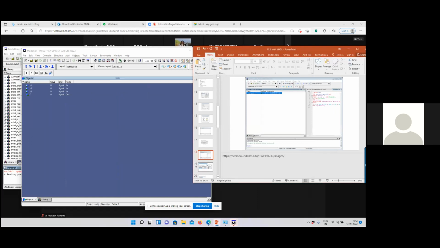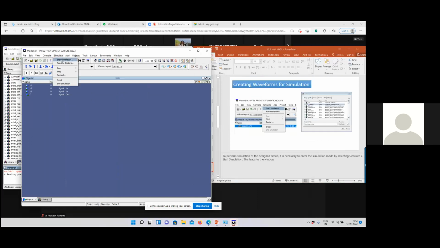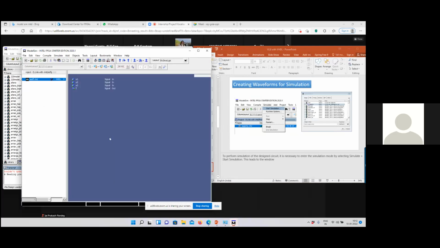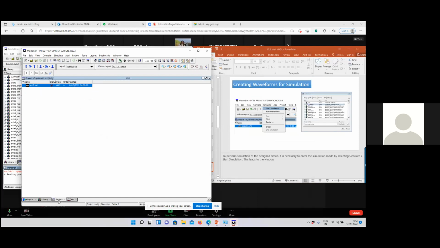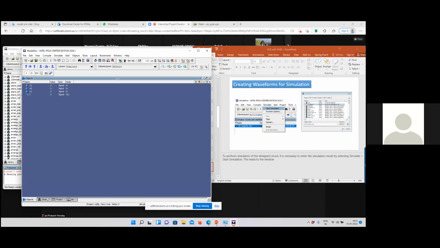So now start simulation here. Either you go to library, here majority is there, project is there, library is there, and object is there, right?